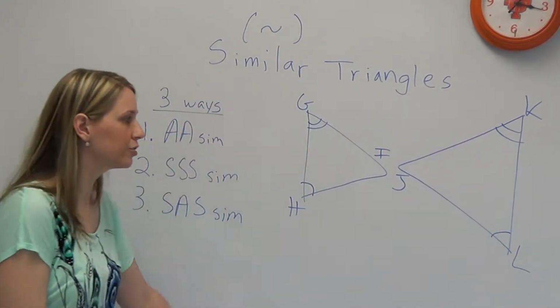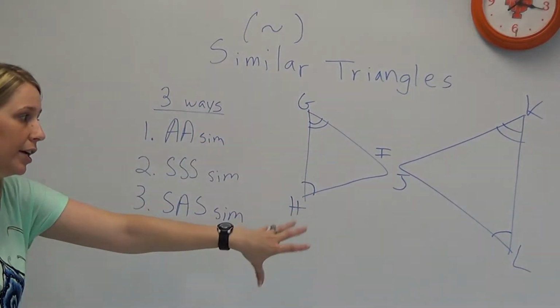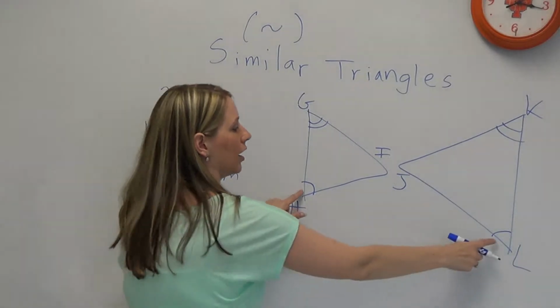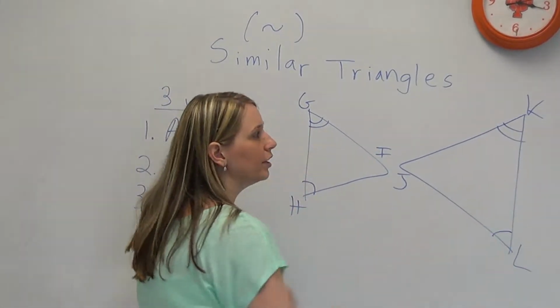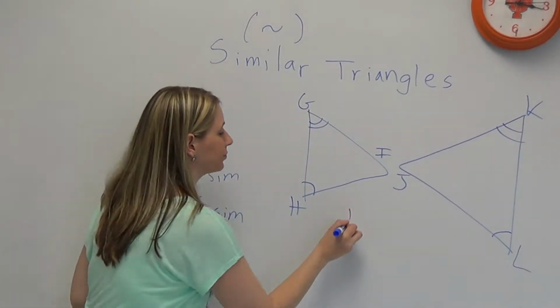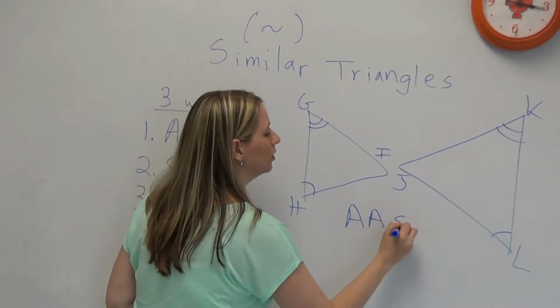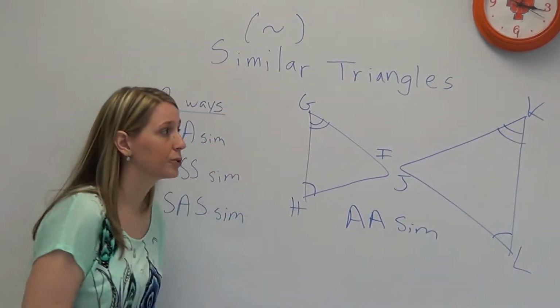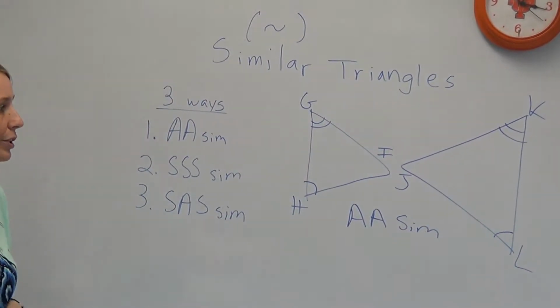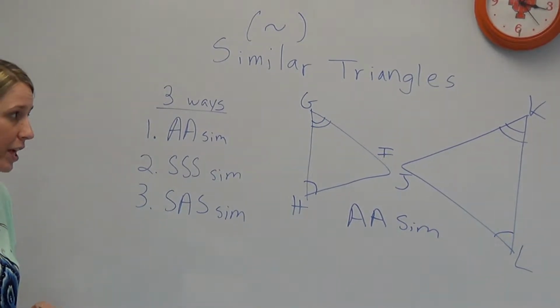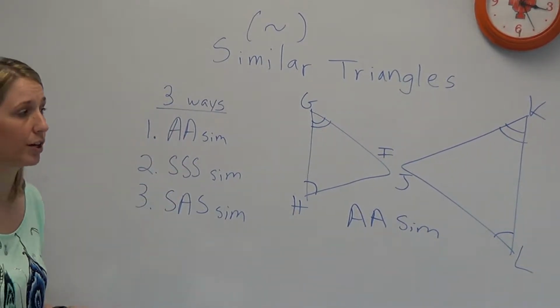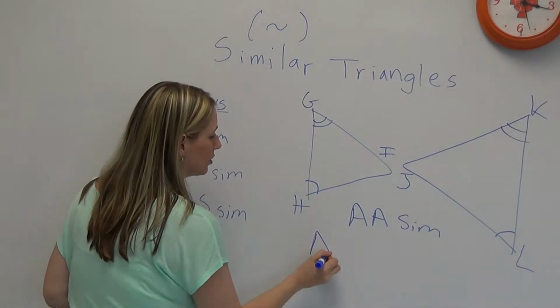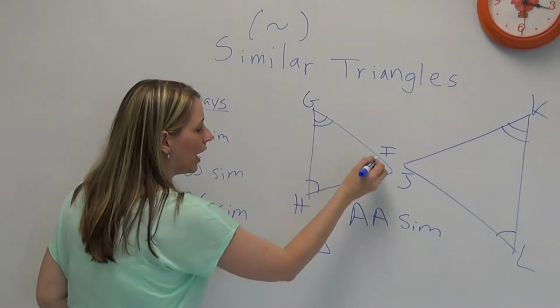Now, as you can see, the triangles are not turned the same way, but you've got an angle here and another pair here. Therefore, it is angle-angle similarity, so the triangles are similar. Now, when you do your triangle similarity statement, it's a little tricky because the triangles are not turned the same way. So you got triangle, we'll do HGI